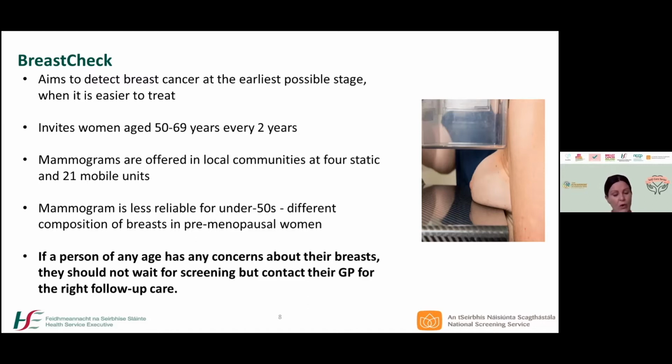For the women under 50, the benefits at the moment from the evidence would be lower and the harms seem to be greater. We can end up with a lot of overdiagnosis and overtreatment of women, and also an increased amount of radiation dose to women. And we are doing ongoing research in this area, and there are considerations being considered by the National Screening Advisory Committee, just to look at the evidence around increasing or decreasing the